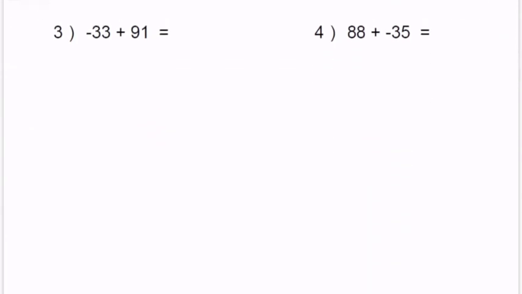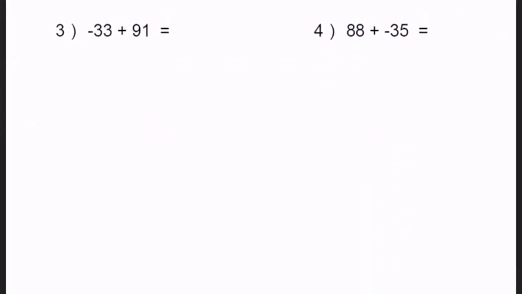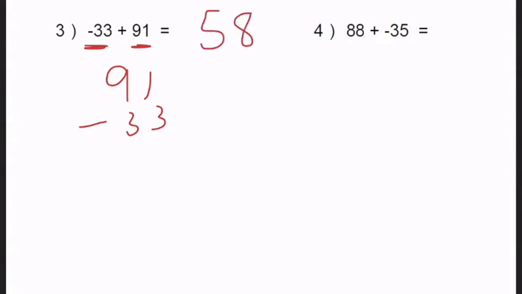Okay, number 3. Let's do this one, and then I'm going to have you guys do number 4 by yourself. So negative 33 is negative, obviously, and 91 is positive. So when you have a negative and a positive, you subtract. So 91 minus 33, and you should get 58. So we're going to take the positive, make it positive because 91 is bigger than 33, and we take 91's